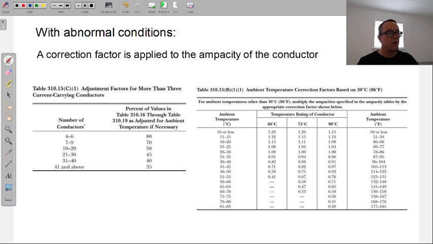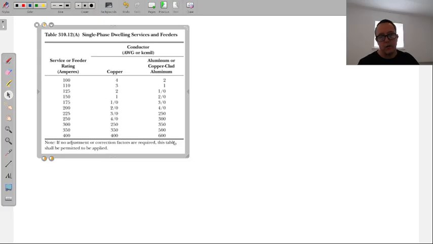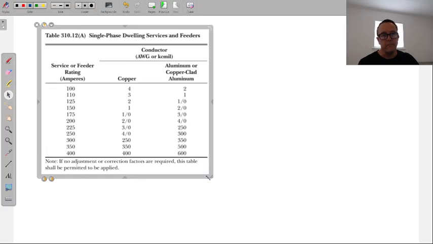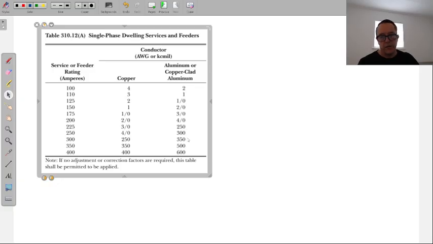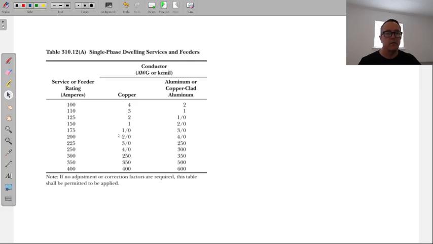If you go over to Article 310, well, it's a table. We like to say that, but it's not an article, it's a table. This table here. We used this table when we were doing our load calculations last week for the single dwelling units. And this is not specifically for one dwelling, just dwelling units.